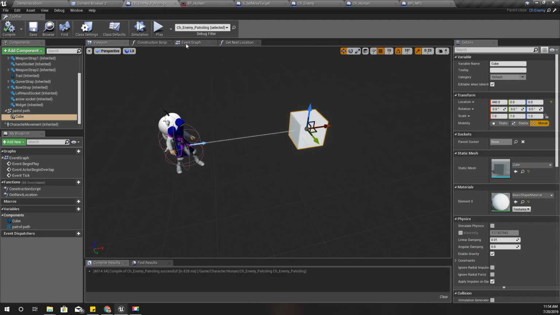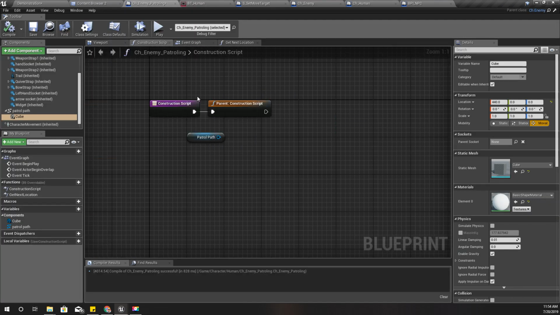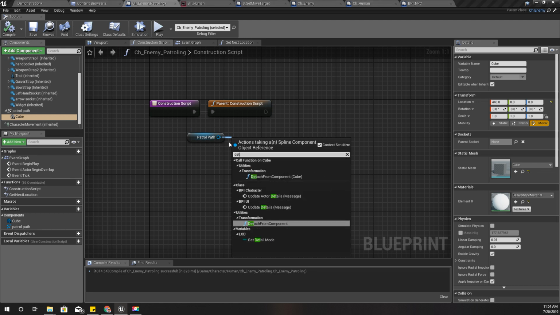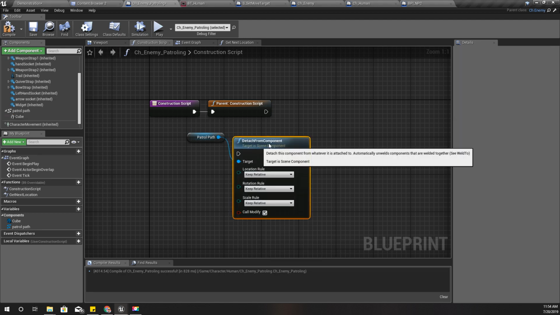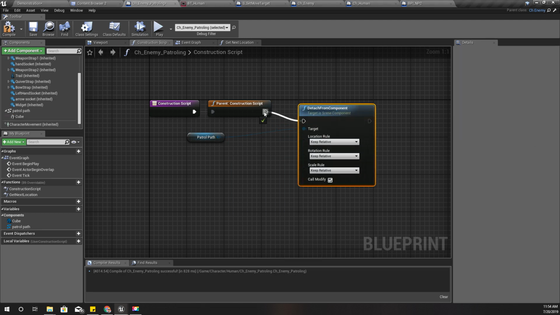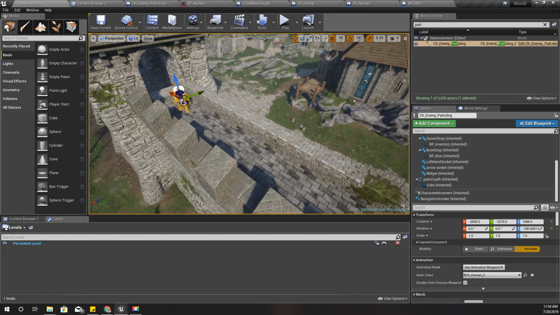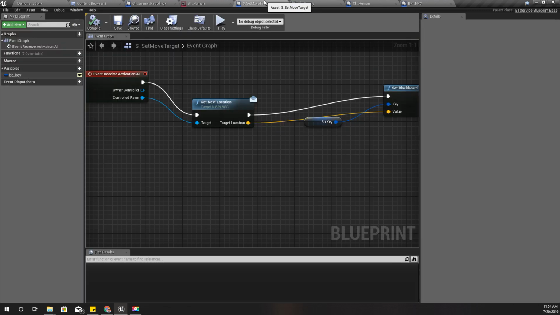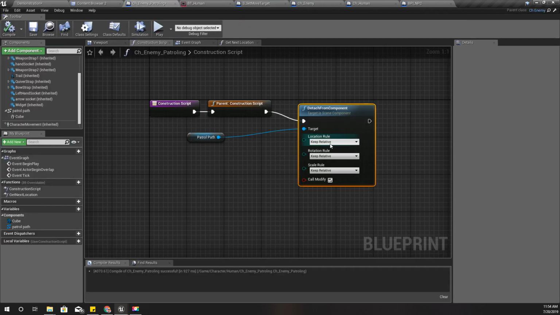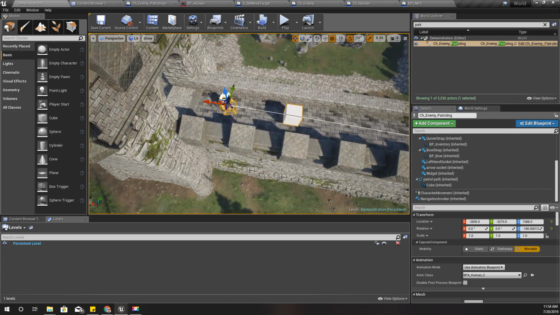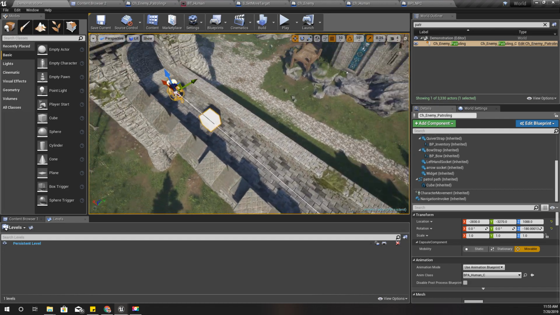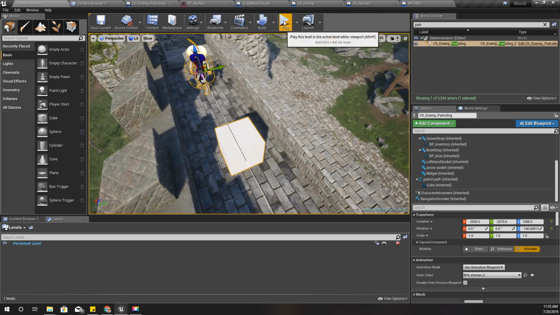And if I do this, detach from component here, okay, wait, I need to keep world everything. Right now, when I move the character, the cube still moves, but if I play it,